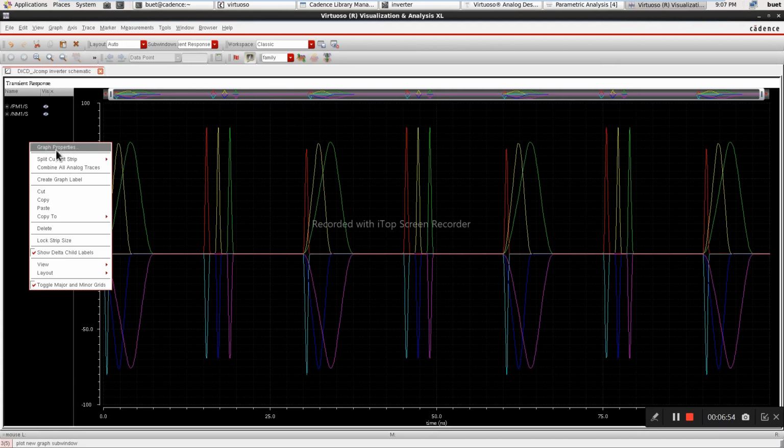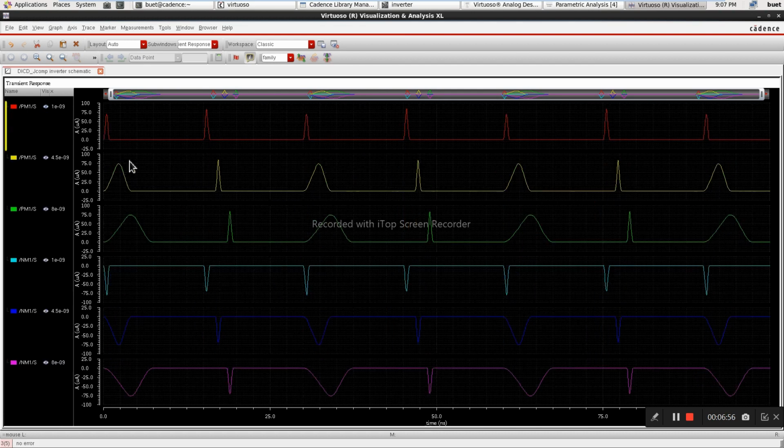Okay, it appeared. I'll split it. See, NMOS current is getting negative, right? So we have selected the source, so we have to select the drain.